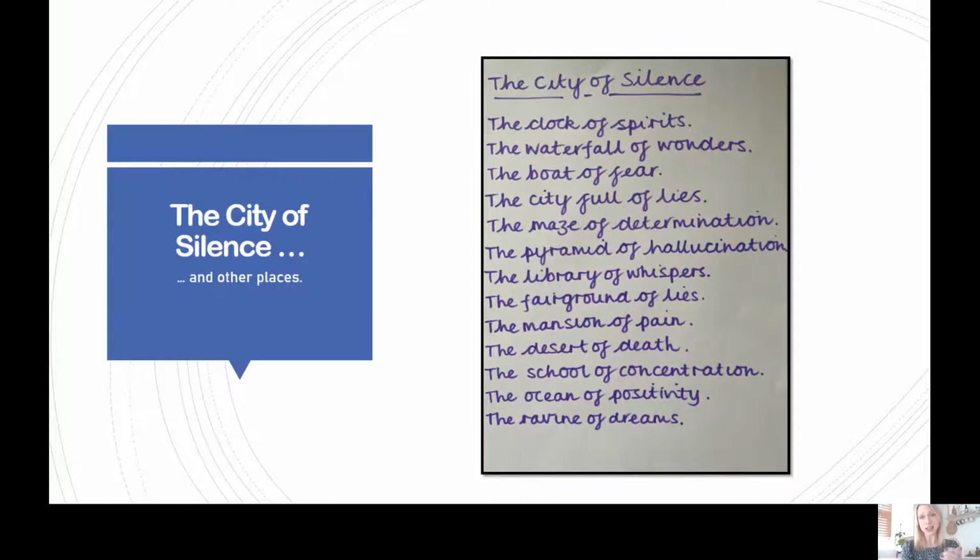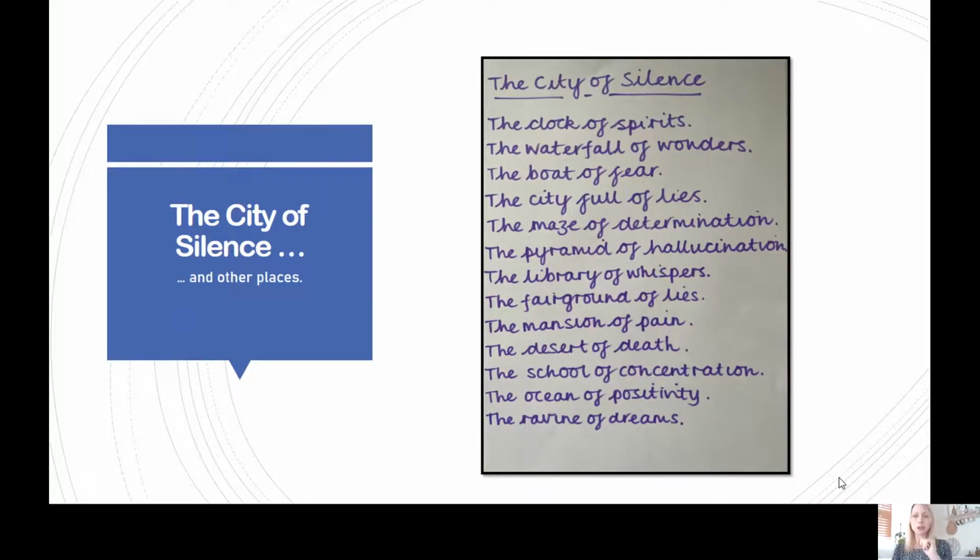So the City of Silence, the clock of spirits, the waterfall of wonders, the boat of fear, the city full of lies, the maze of determination, the pyramid of hallucination, the library of whispers, the fairground of lies, the mansion of pain, the desert of death, the school of concentration, the ocean of positivity, and the ravine of dreams.